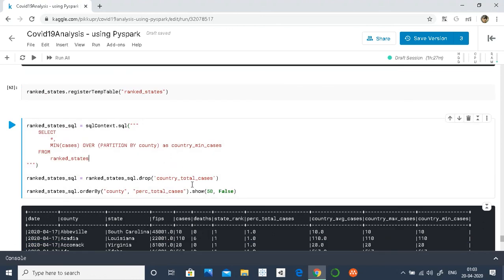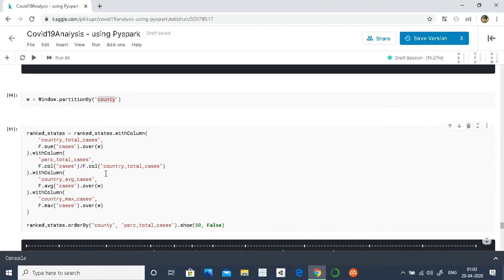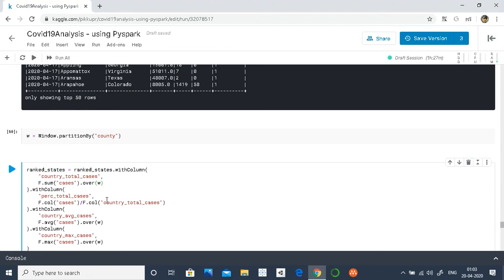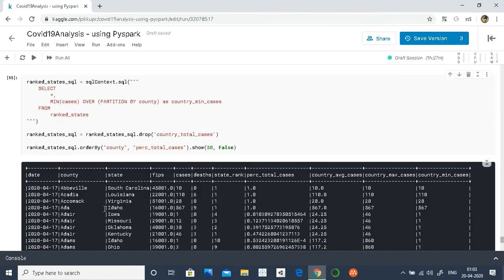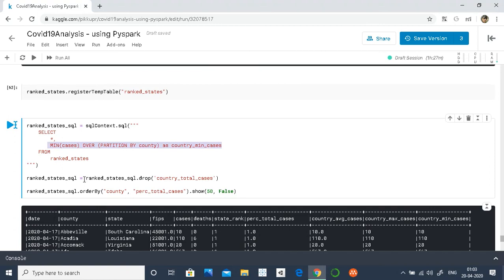From a syntax perspective, the syntax of SQL and PySpark is not so different, but from an automation perspective, it is much easier to automate PySpark queries. If we have some complex query, like the window query here, we have written it once and we can apply it everywhere, but in SQL we have to write it over and over again multiple times. So that is the functionality advantage of PySpark over SQL, though performance wise both have the same performance.